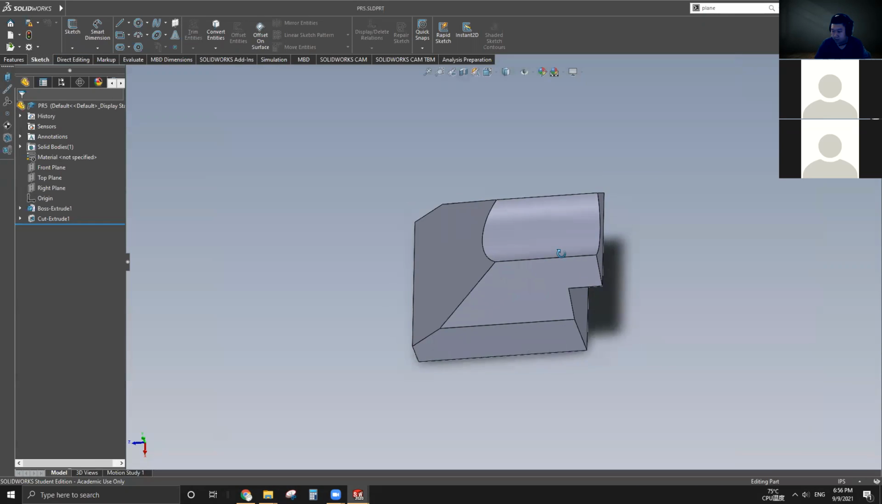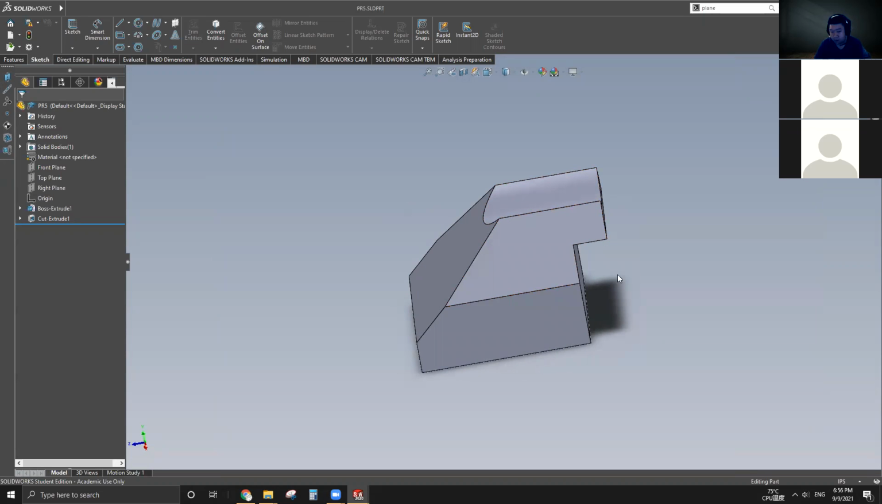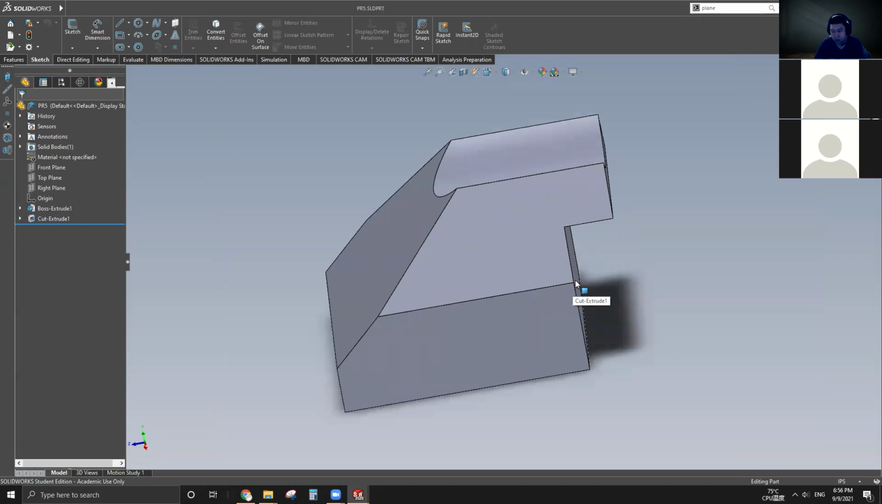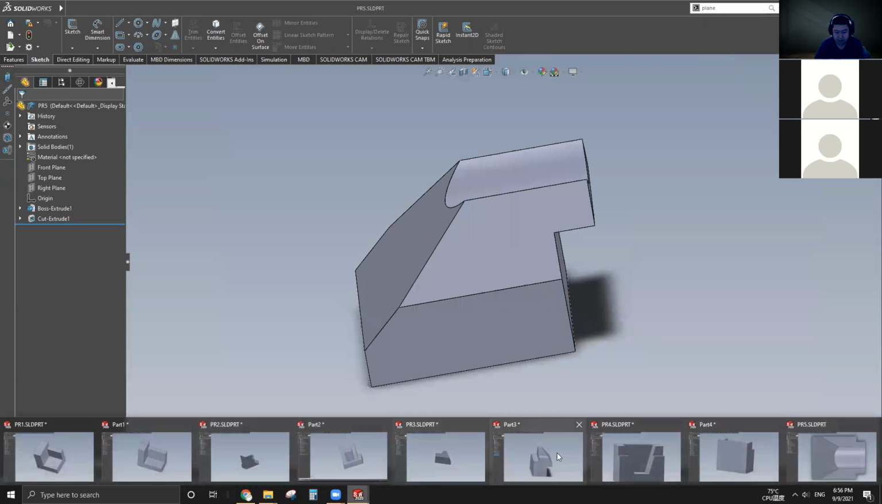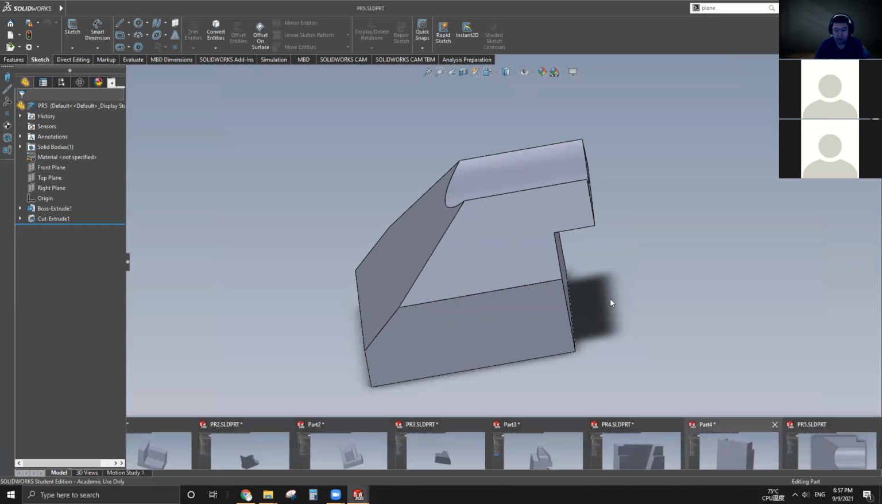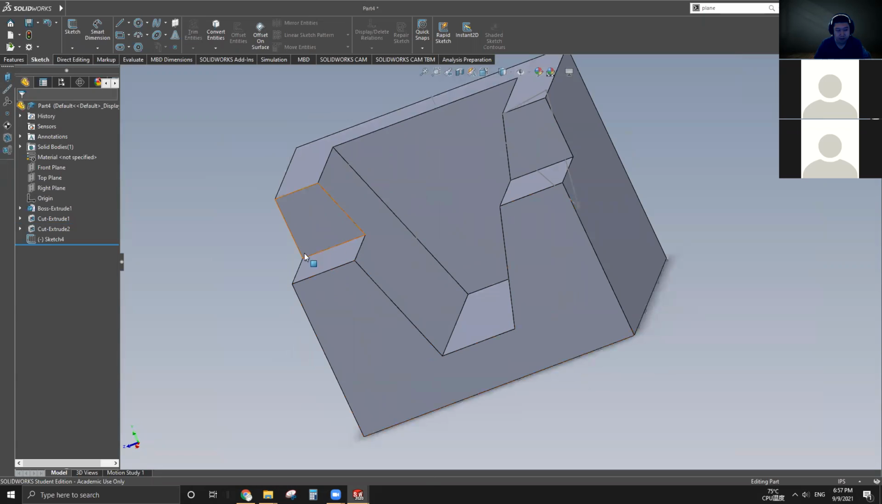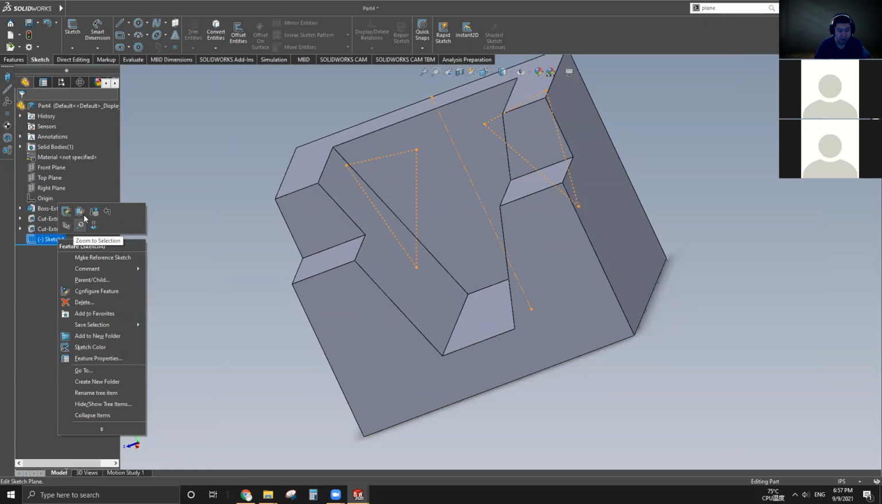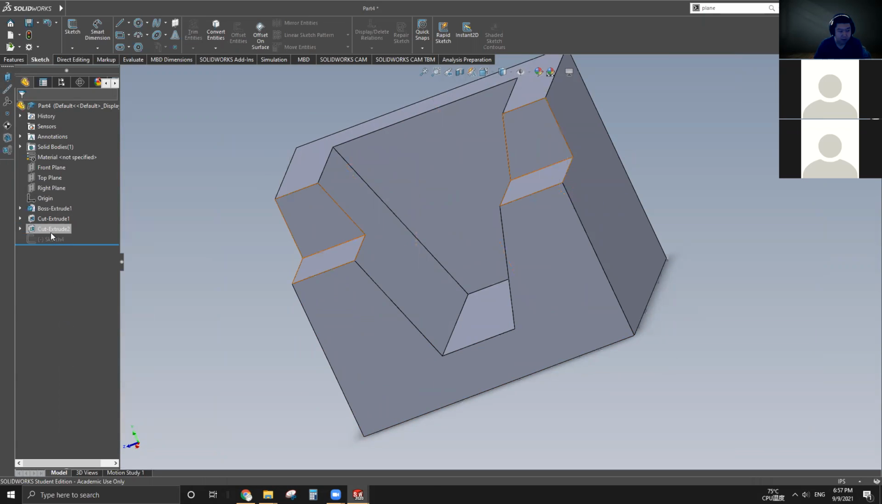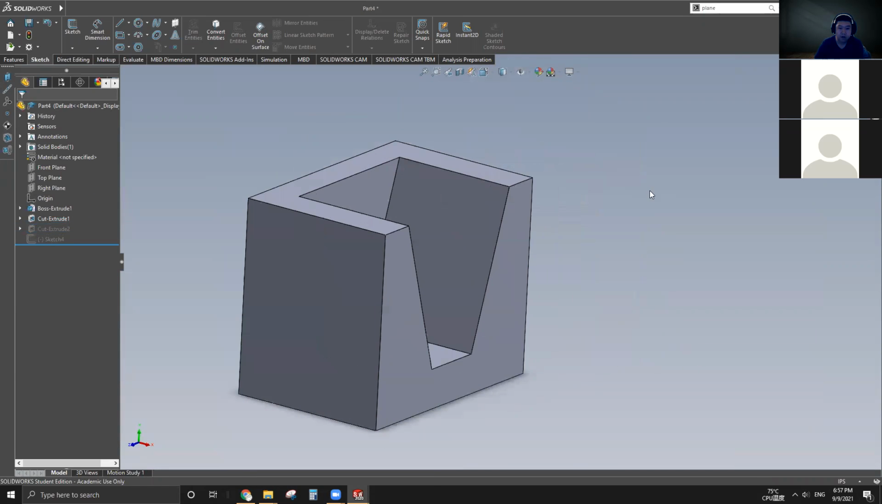All right, last model. The last step. You mean to make the sort of armrest thing right here? All right. So